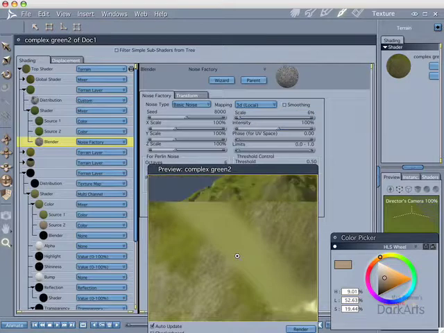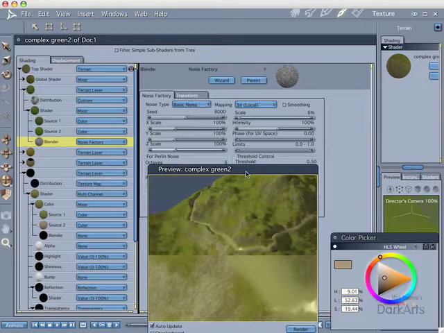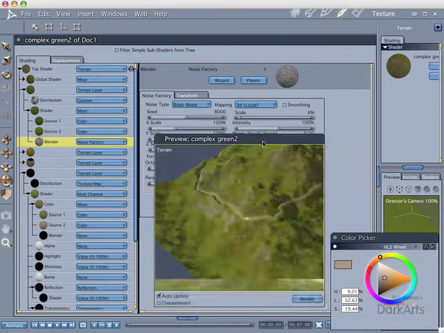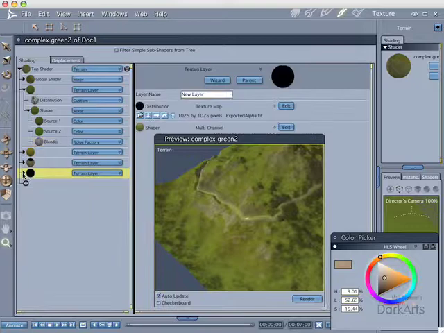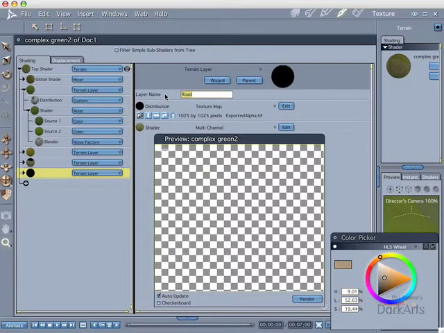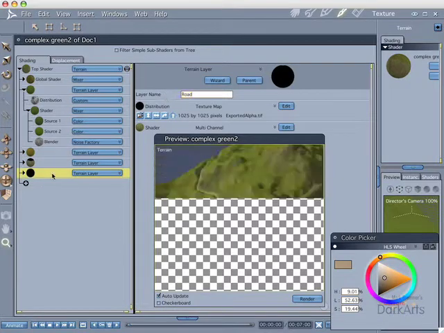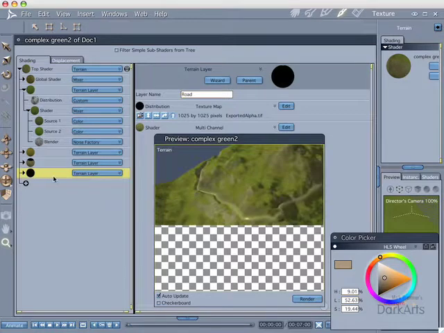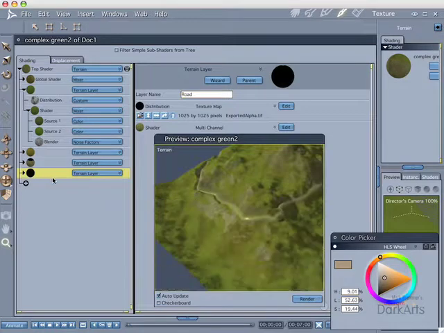The final thing that I'll leave you with as we work on our road here is you may be going, well, what if I want to change the terrains, but I want to keep the road information? Here's how you do that. You simply go ahead and come up here to the terrain layer, collapse the terrain layer, and it says new terrain layer. Rename this thing so you know what it is. Road. There we go. That was easy. So now we're going to go ahead and copy this terrain layer by just doing the keyboard shortcuts that you do for copying. I'm going to come back to the assembly room,